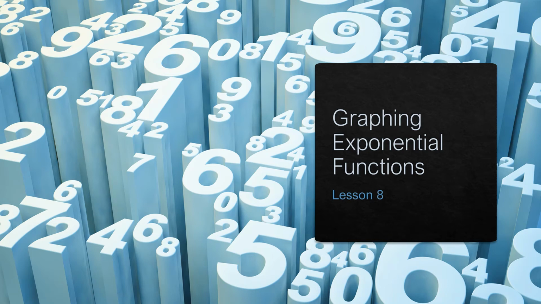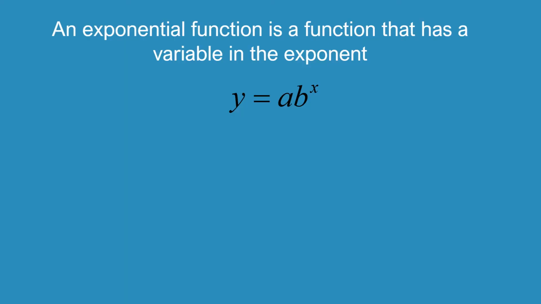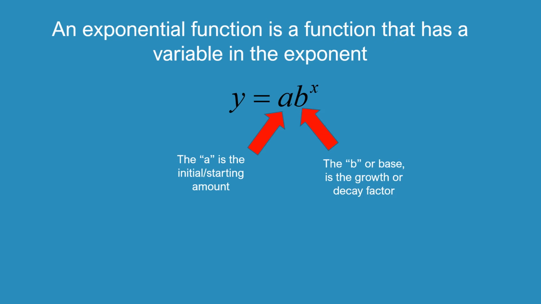All right, lesson 8 is about graphing exponential functions. So first of all, an exponential function is a function that has a variable in the exponent. So this a value is the starting or the initial amount. This b value is called the base, and it is the growth or decay factor. And it is that b value that will be raised to an exponent, and that will make it an exponential